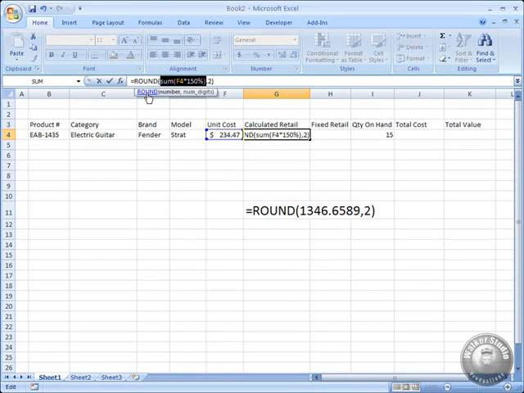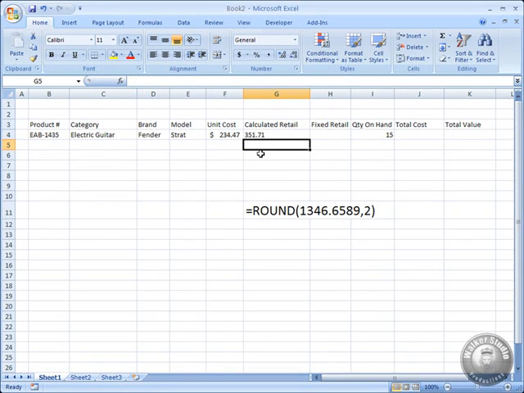So as Excel is reading this formula to see what it's supposed to do, it says round. Okay, I'm going to round something. What's the number that I'm going to round? And it says, oh, there's another function here, the sum function. So it executes the sum function. It says, what do I need to get the sum of? And it goes out, it sees F4, it grabs that number, multiplies it by 150%, and that returns a result. And then that result is returned to the round function. It does whatever it's supposed to do on that result, and it returns yet another result, which is what we